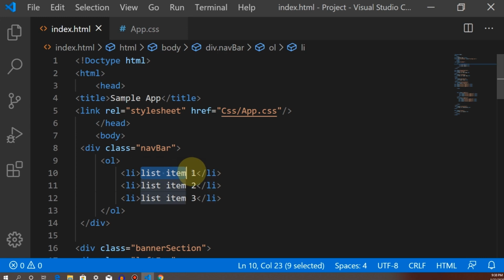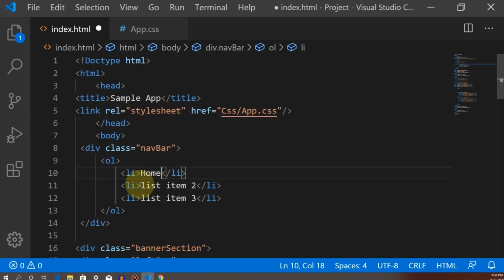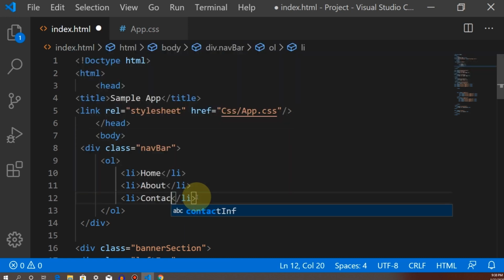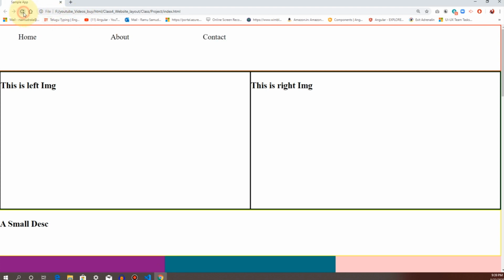Now for better understanding I am renaming the items as home, about, then contact. Let's see: home, about and contact.